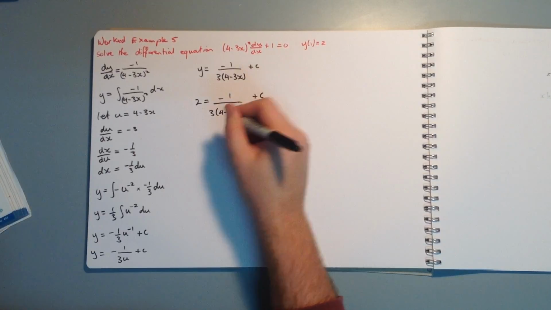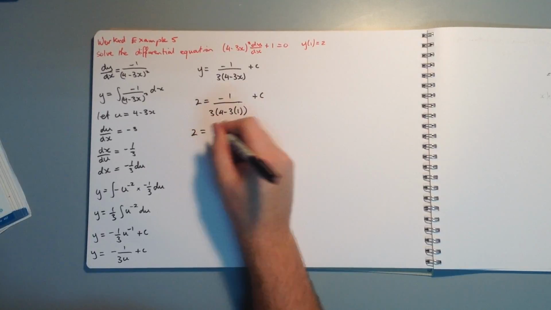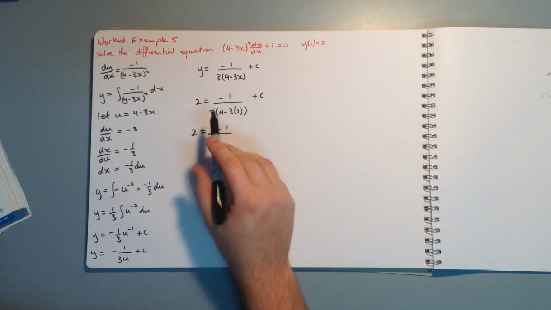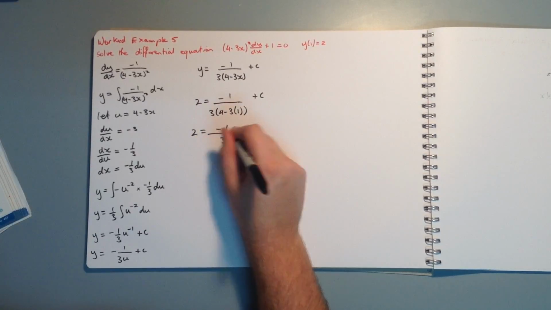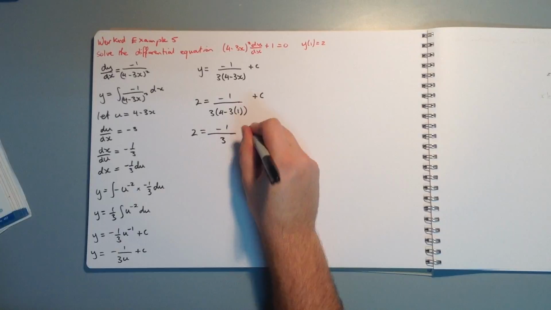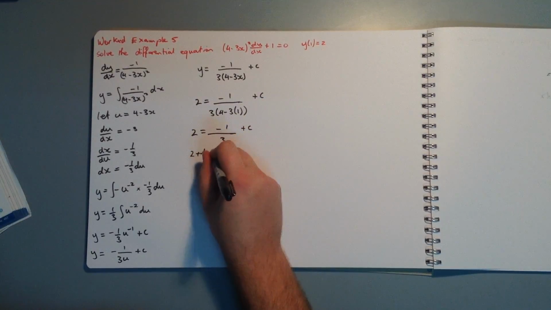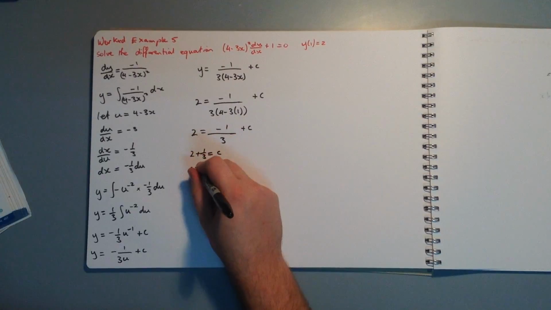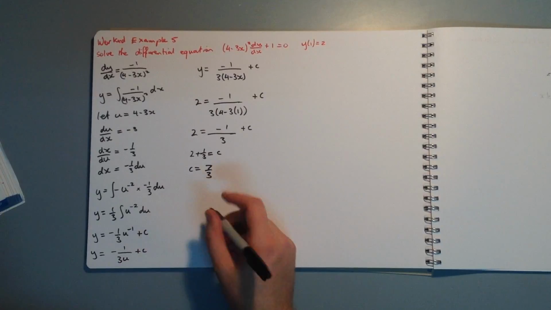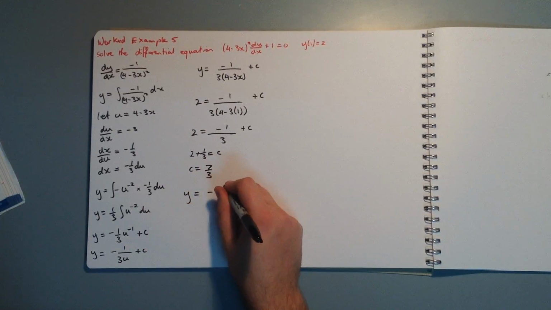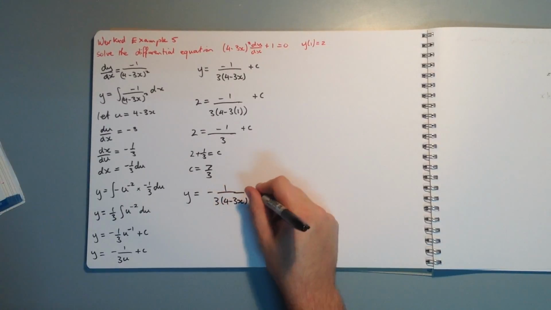Okay, plus c. So we get 2 equals minus 1 over, well, 4 take 3 is 1, so it's over 3 plus c. Which means we get 2 plus a third equals c, which we can write as c equals 7 on 3. So that means our y equals minus 1 over 3 times 4 minus 3x, plus 7